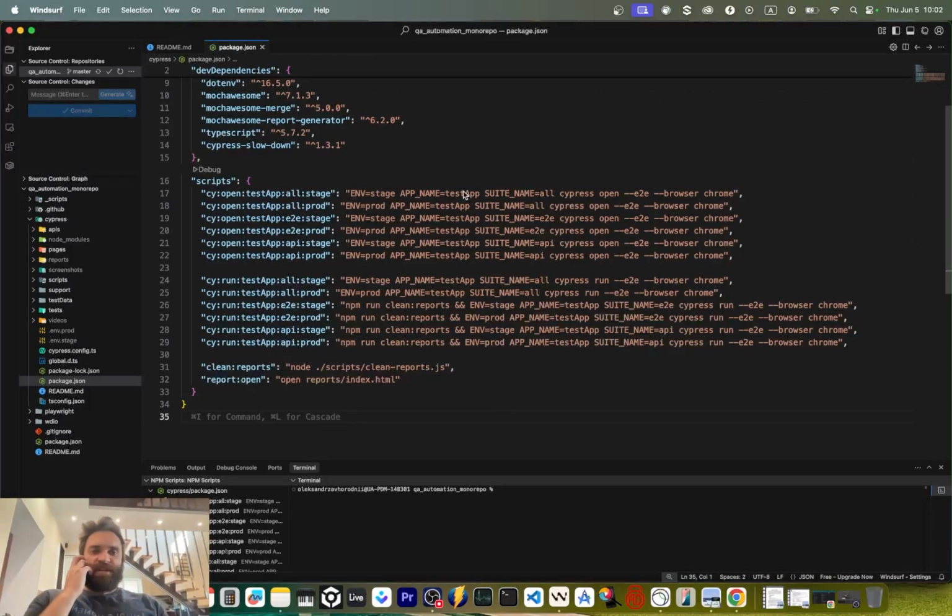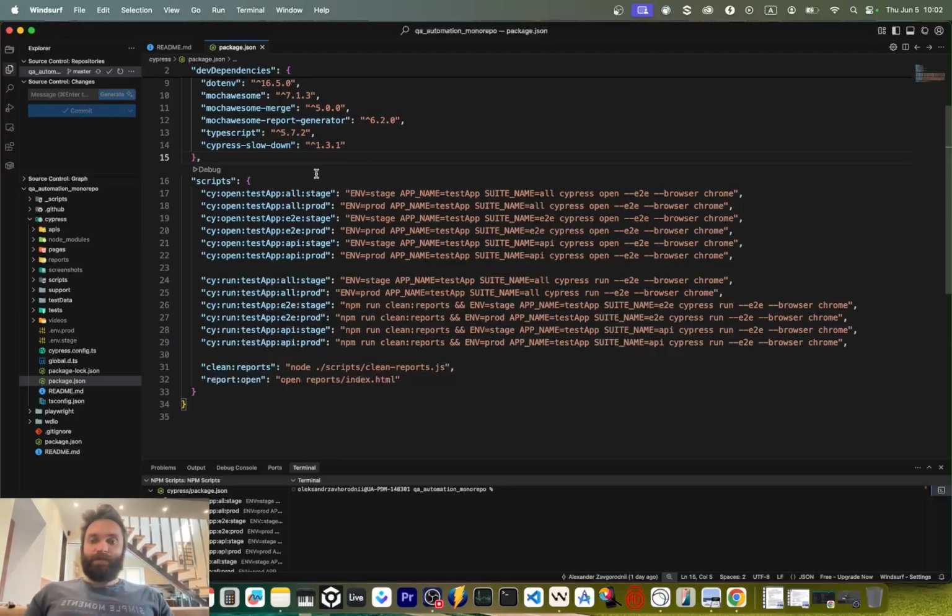Okay, so the package.json file is, once again, nothing fancy. We have several commands that open Cypress for a specific application with a specific test suite on a specific environment. We also have a set of commands which run those tests as well. Then we have one command which cleans the previously generated mochawesome reporter results, which triggers the script. And we also have a command which opens the report right after the test run,